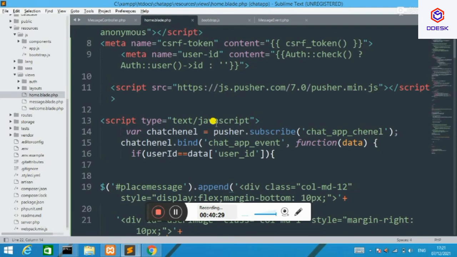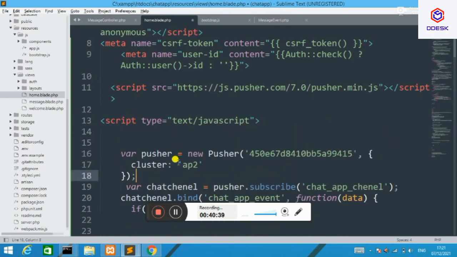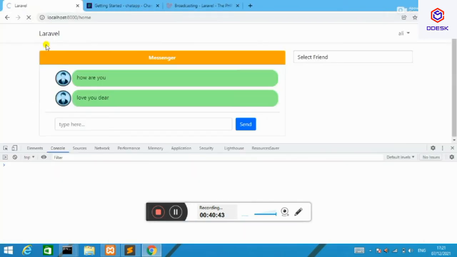I'll paste it exactly at the same place where I subscribed to my channel and event, at the top of that. Okay, good, it's fine now. I'll refresh.